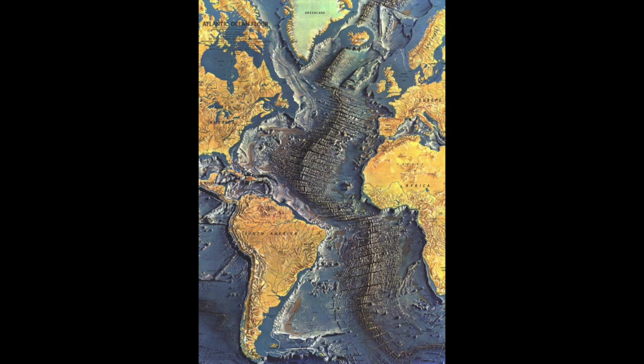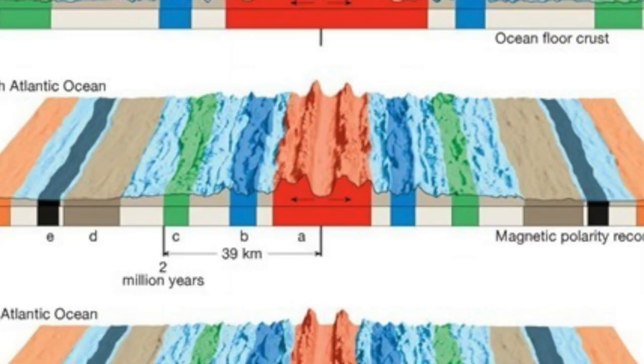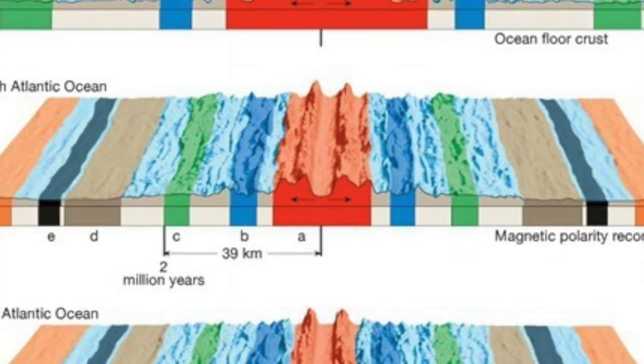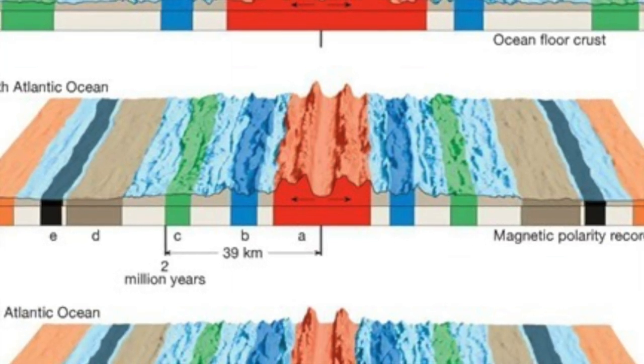The mechanism wasn't discovered until the late 1950s, early 60s, and this was by the U.S. Navy. They were surveying the seafloor bottom, studying the bathymetric structures. They were looking at shipping lanes and submarine paths, and so when they were doing this, they were looking at the magnetic field, and they started plotting this on a map, and they started to notice that there were these bands, and the polarity were changing.